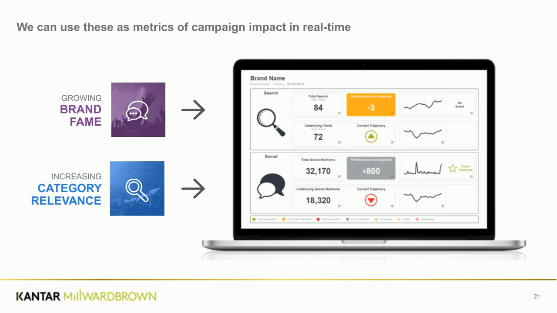But I guess the important thing is, like any metric, they're not designed to be used in isolation. So you won't be able to tell everything from these metrics. We've been doing a lot of work to understand how to integrate them with other bits of research for our clients to create broader measurement programs, which is what Claire's going to talk a bit about in the second half of this webinar, of what new tools we're using, how we're fitting them together, and what this looks like for clients. So over to you, Claire.